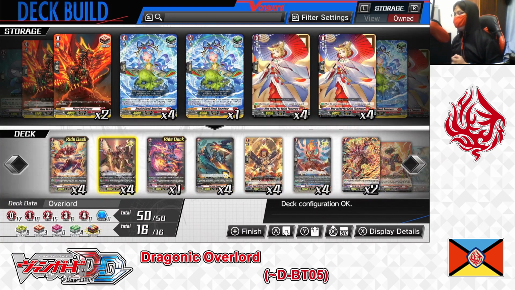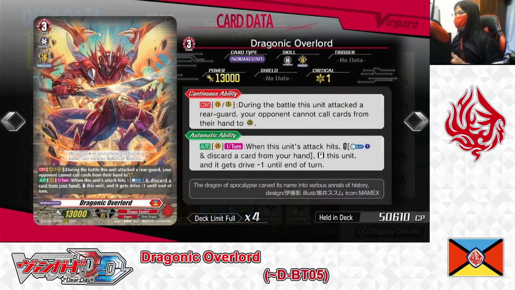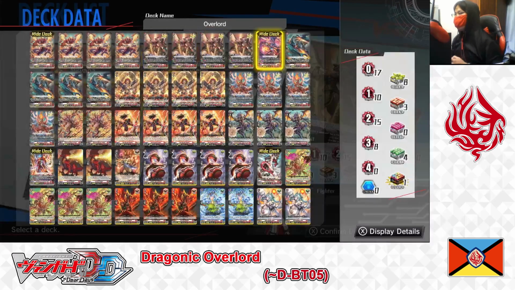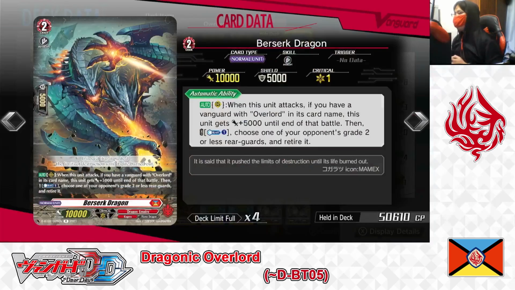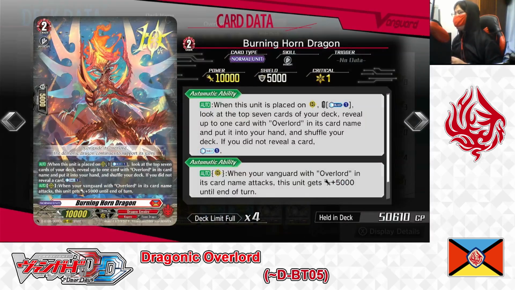Alright, decks are built. Cardfight explains, let's just save the deck. Override deck being built. Yes. And for the cards in this deck we're playing, 4 Grade 3 Dragonic Overlord, 4 Grade 3 Dragonic Overlord DN, 1 Grade 2 Dragonite Harlem, 4 Grade 2 Berserk Dragon, 4 Grade 2 Steel Beloved Duststorm Ethan, 4 Grade 2 Burning Horn Dragon,